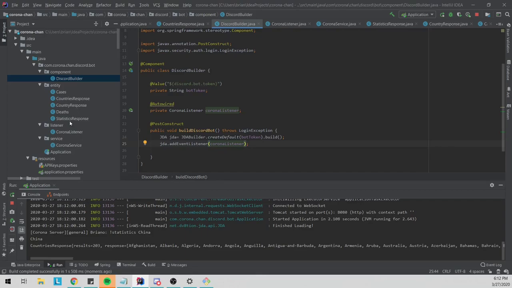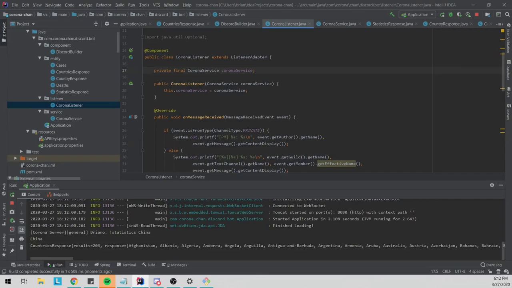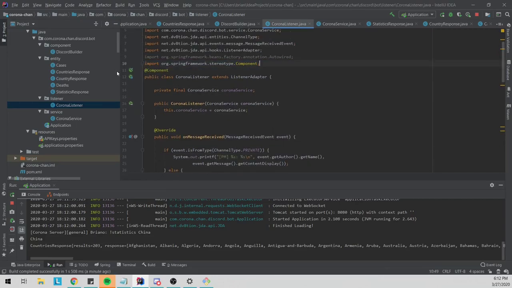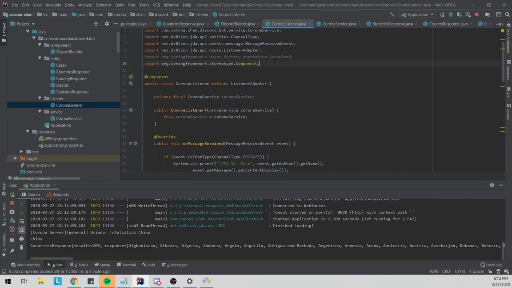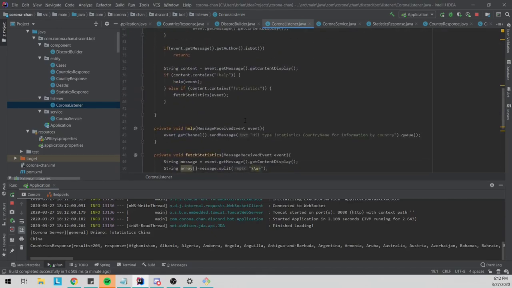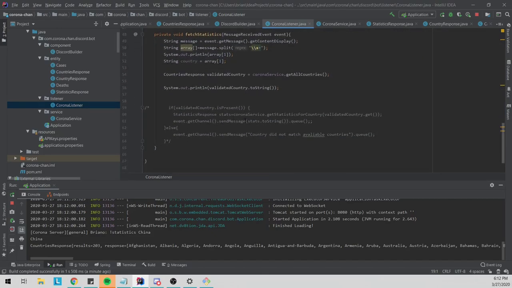So let's see if we can clean up this code because I kind of did it while debugging. For some reason, because this wasn't a component, it looks like. And also I was using setter injection, so I moved it to constructor injection. I made this a component. So with that being said,